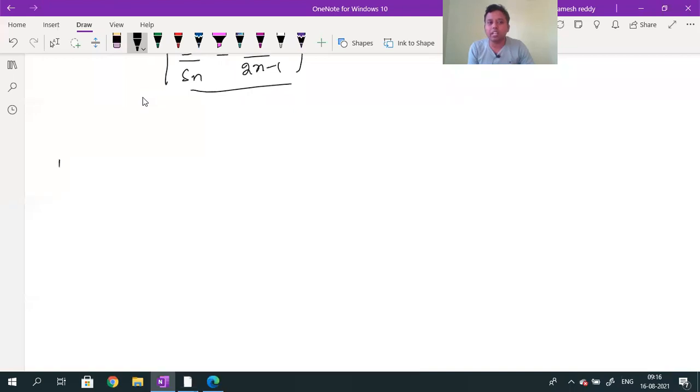So, question understood? The next question. Actually, I'm writing the question. First let us complete; there is still time for the bridge course test. So the next question I will take: a body moving along a straight line. I'm not writing the question; listen to the question carefully. The body is moving along a straight line.